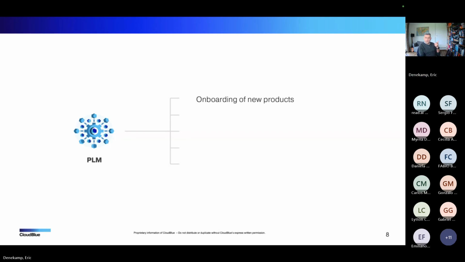It will create all objects in commerce. So what I'm talking about is that initially it creates the resources and the service template, but eventually PLM is also responsible for creating the service plans. It's an add-on step, but it's still handled by Product Lifecycle Manager. And the fun part is PLM is responsible for the full life cycle of the system.